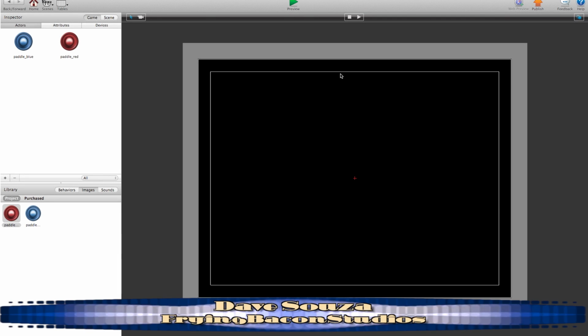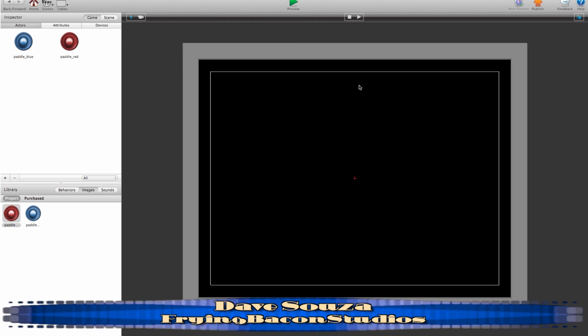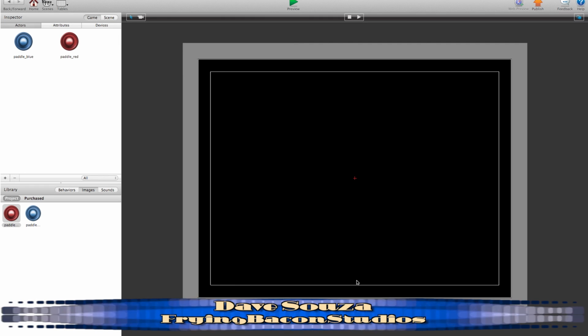I'll show you a very simple way to do two-player multi-touch. I've got a couple of paddles up here. In this method, we're going to divide the screen in half, and use an operator to help us keep track of the touches. We're going to let the computer do that with a real simple greater than or less than